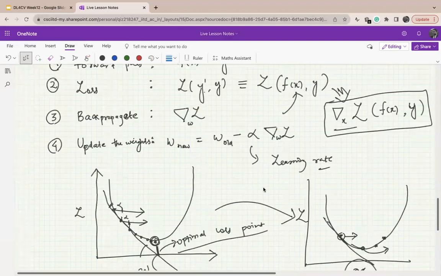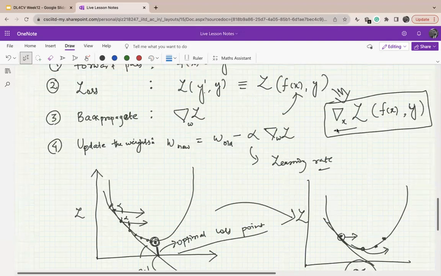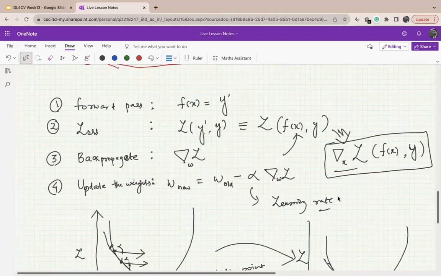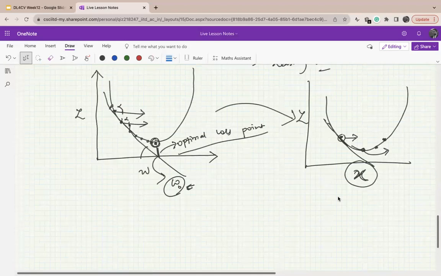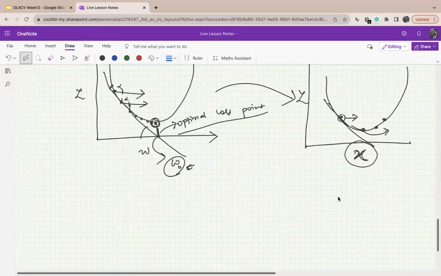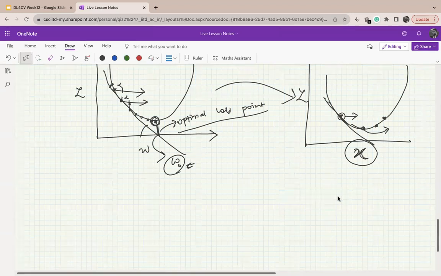Okay, so we sort of now saw that the loss is somehow related to the input X, and if we freeze the W, we can literally change the X as well. So we have the input image, we can change it. So what's the point of changing an input image? Because we don't want to change the input image, right? We just want the corresponding class for a given input image.